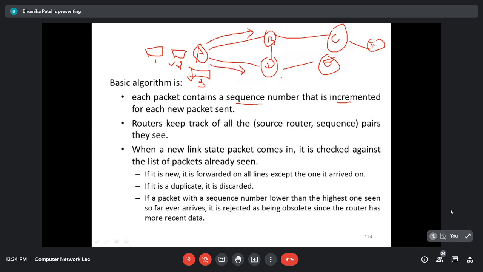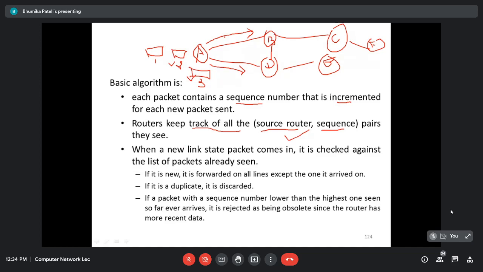Now what will B do? It is going to keep track of all the pairs it sees. Whatever packet is arriving at B, it is going to keep track: it checks from which router it is arriving and what the sequence number of that packet is. Next, whenever a new link state packet arrives, it is going to check against this list of packets it has already seen.